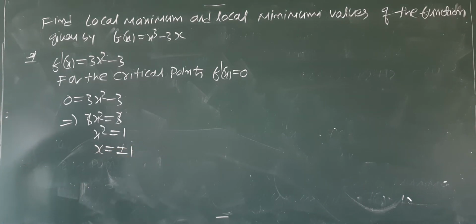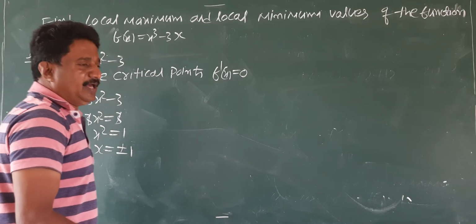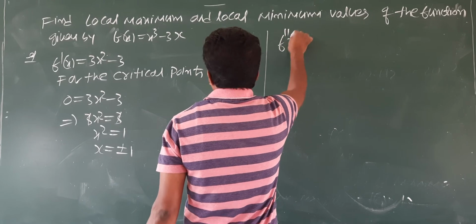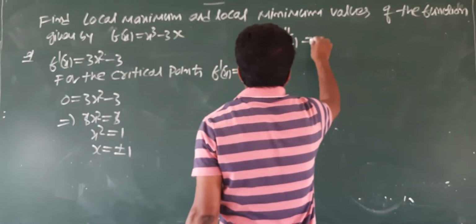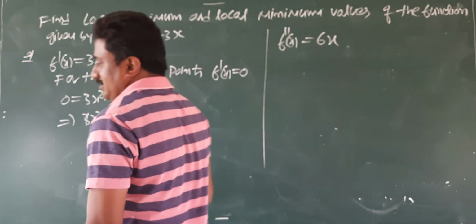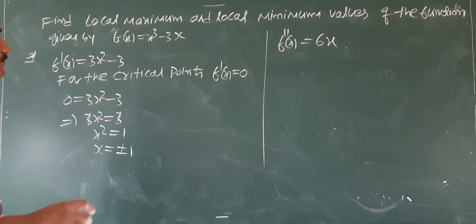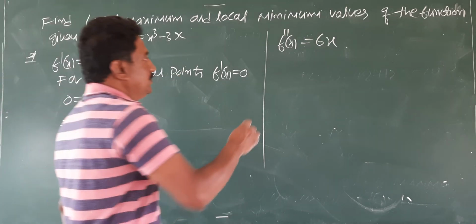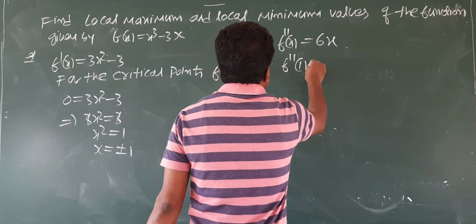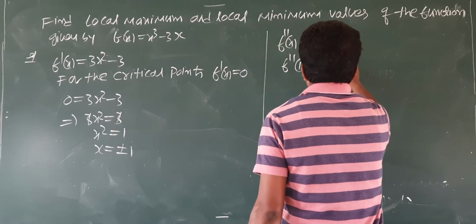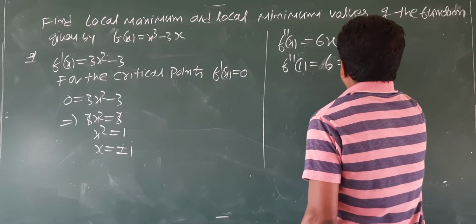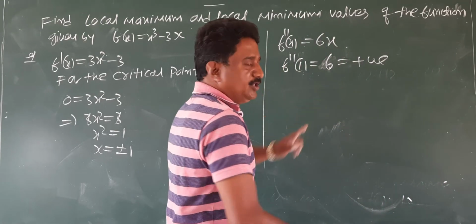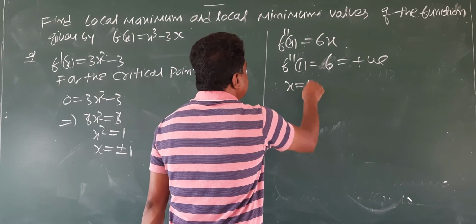So you go for the double dash of x, students. You use f''(x). 3 2s are 6x. You confirm both the points. f''(1) is 6, plus 6. It is positive. f''(1) is 6, positive. Therefore, x equals 1